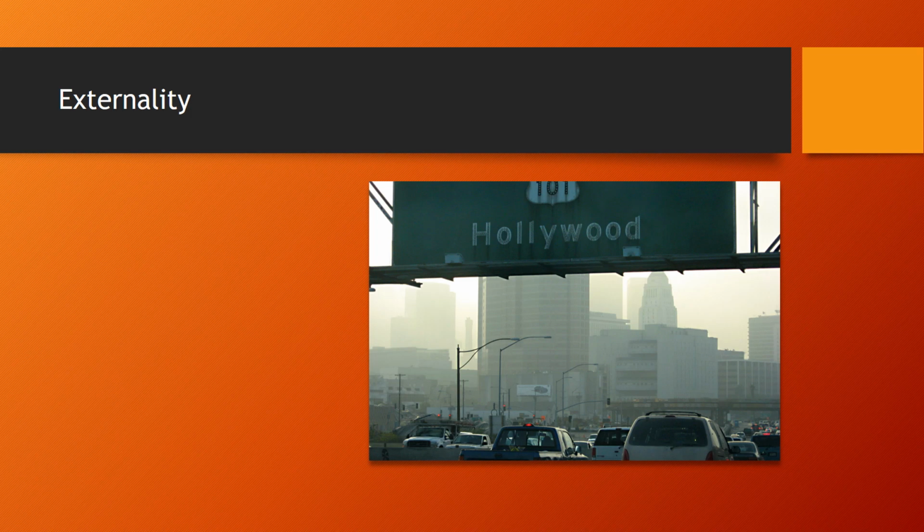Let's start with externality. An externality is a benefit or cost outside of the market exchange. Makes someone better off or worse off. And it's better off and worse off for a third party, not the two participants in the exchange, the buyer or the seller. A classic negative or harmful externality is air pollution. There are also positive or beneficial externalities we call positive externalities.